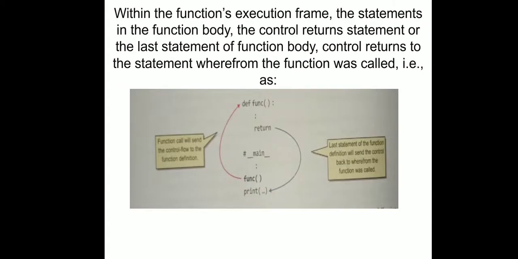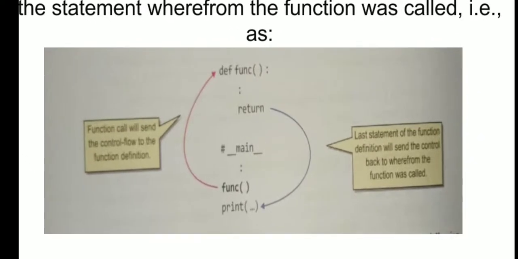Then we have, within the function execution frame, the statement in the function body, and the control returns to the last statement. You can see in the diagram जिसे ये function create किया हुआ है def function return लिखा हुआ है, इसके just नीचे हमेशा जो भी function create होंगे वो top level function जो है वो हमेशा main के ऊपर होंगे. Then hash आपने लिखा है dollar name main. ये hash का मतलब है ये just like a comment है आपके लिए जो आपको ये बता रहा है कि ये main के अंडर में है function.